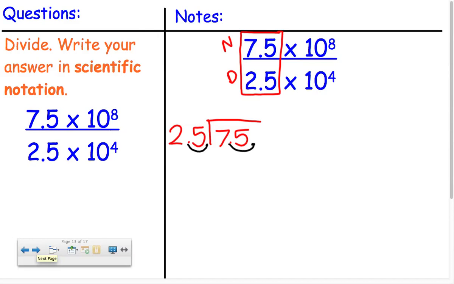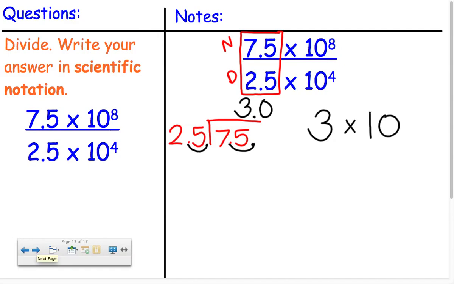So now I have to ask myself, how many times does 25 go into 75? Well, you can think about money. 25 is a quarter, 75 is 3 quarters. So if I have 25 cents, I need 3 of those to make 75. So there's our decimal 3. And remember, we moved our decimal here, so now it's right here. So 3.0 or 3